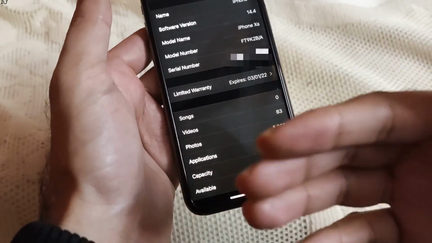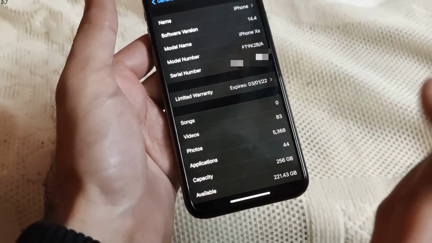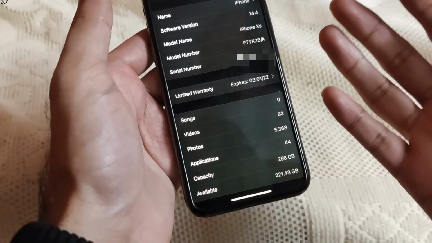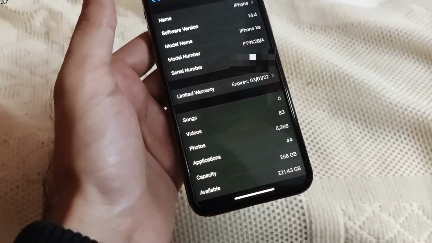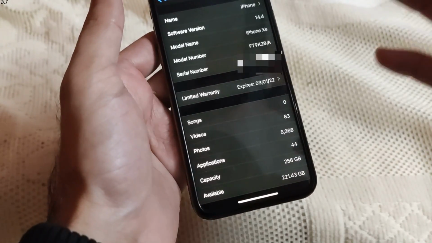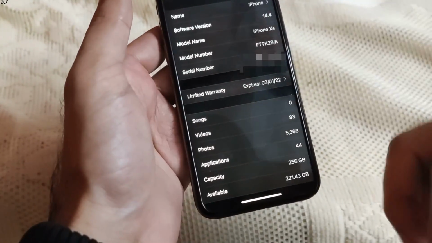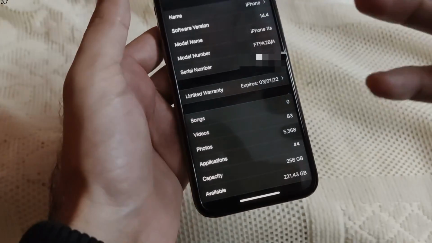I will be sideloading Play PS2 emulator and Dolphin iOS emulator via AltStore. So the first thing that we need to do is install AltStore on our device. To install it, I'll be using a Windows PC. We need to follow certain steps in order to install it properly. I will be showing you all of that. So now I'll move on to my PC.